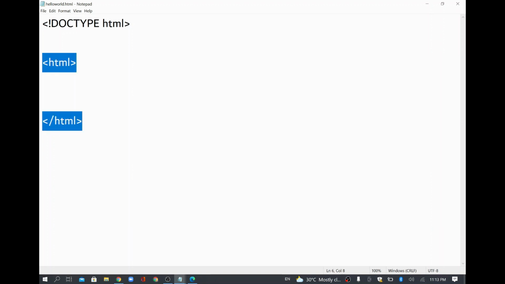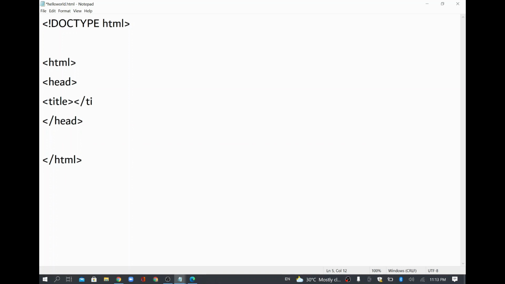So now I have written HTML here, so that is a starting and ending tag, and at a high level it has two different blocks. One is a header block, which we call head. Inside that we can write something like the title of the page. This header section mainly holds the metadata about the particular HTML web page. Metadata is nothing but information about the particular page. So I'll give a title of this page, and I'll say hello. Okay, so I saved it.